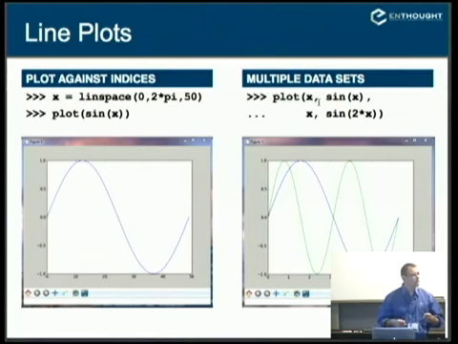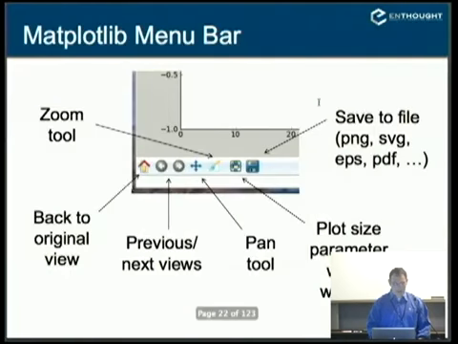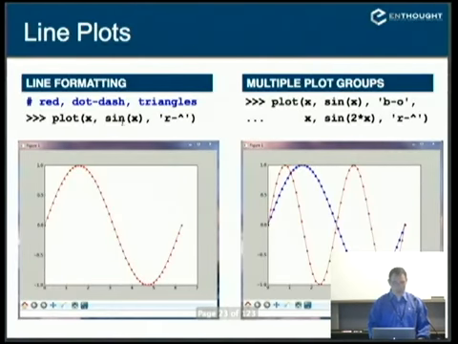The deal there is the plot function is this uber function that tries to interpret what your intent is. And you can do a whole lot of things here. As long as you're putting pairs, x versus y, x versus y, x versus y, it will add all of those lines to the screen. Okay? The other thing you can do with this, let me go over here and I'll come back to that,